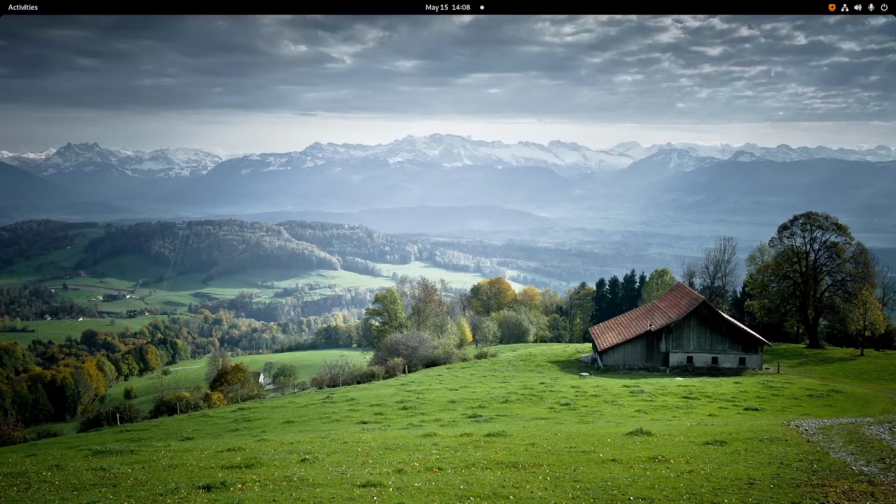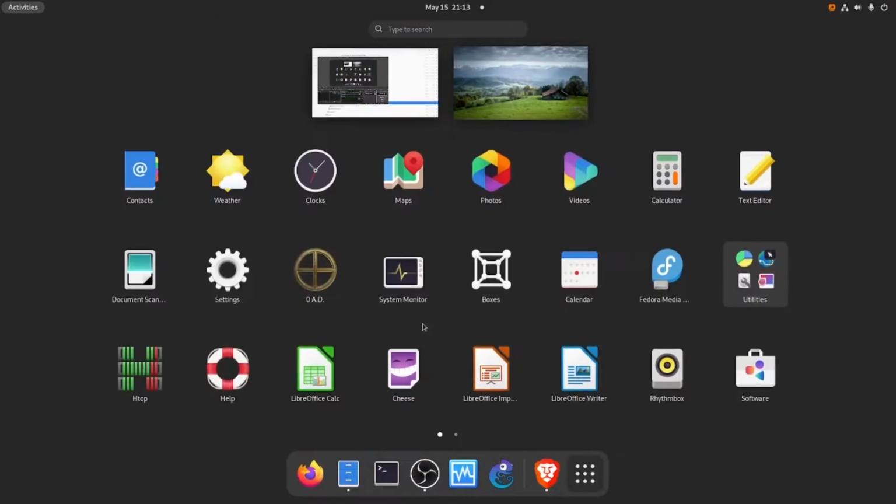Okay, in this video I will use Boxes and I will install the Fedora 36 workstation in Boxes, starting from the beginning. Okay everyone, let's continue. I will open my Boxes.